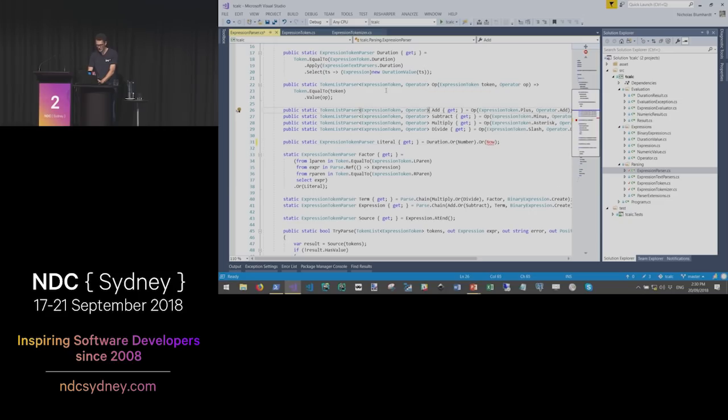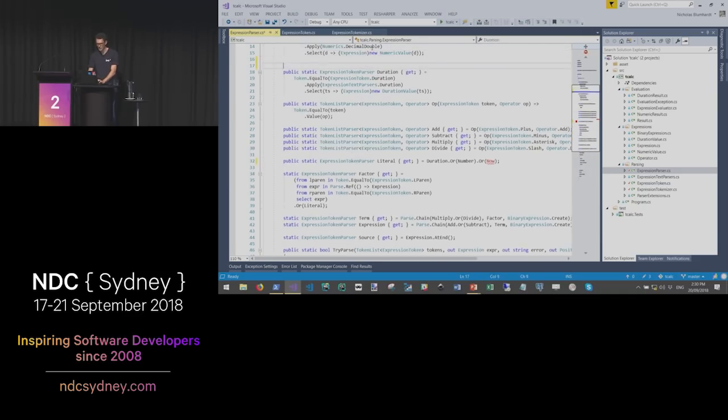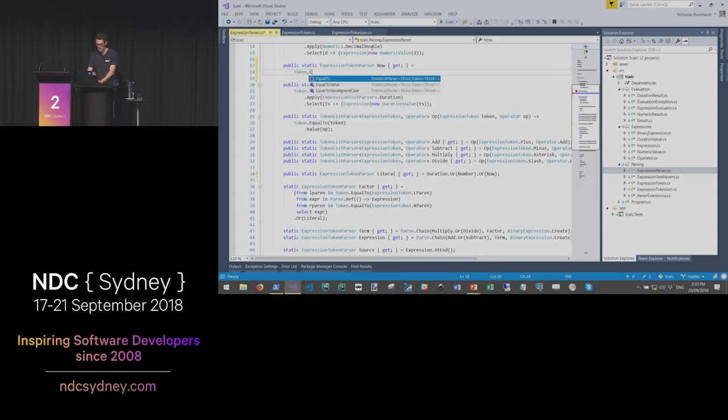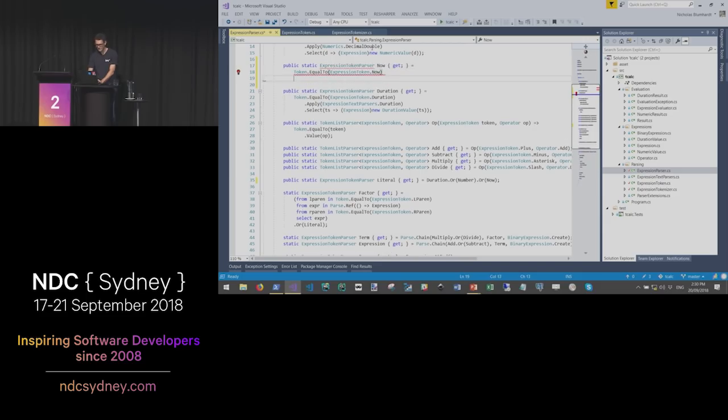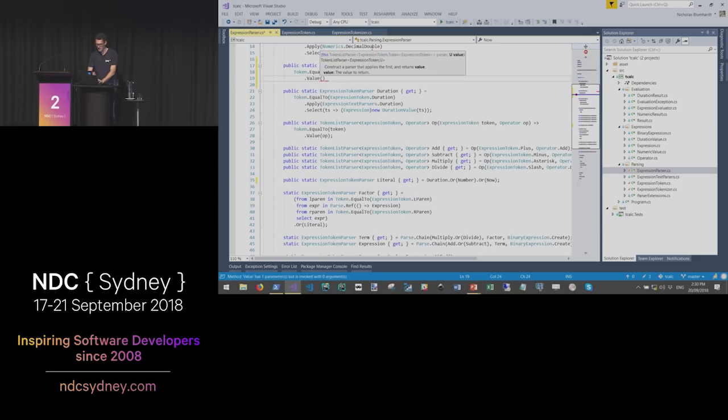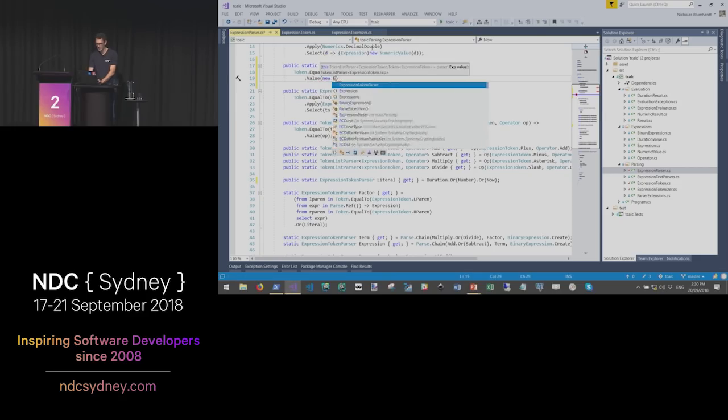And now is going to be like these parsers that we've got for duration and for number. It's going to match a token equal to expression token now, and it's going to have the value new now expression.